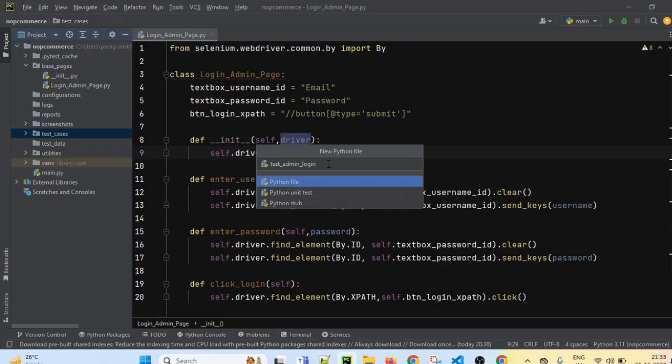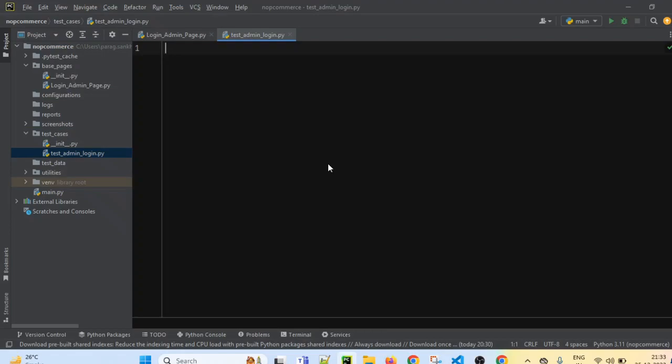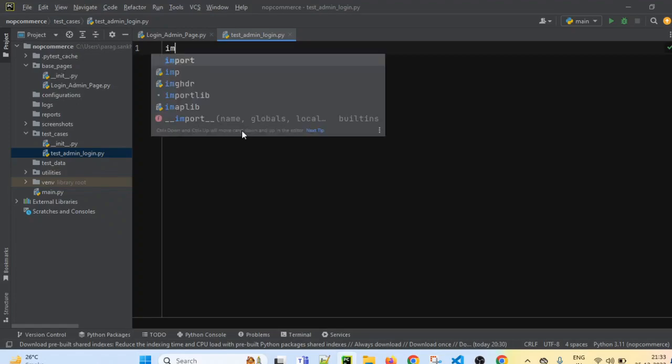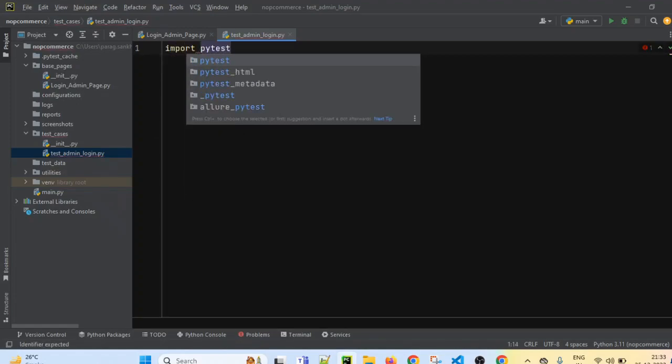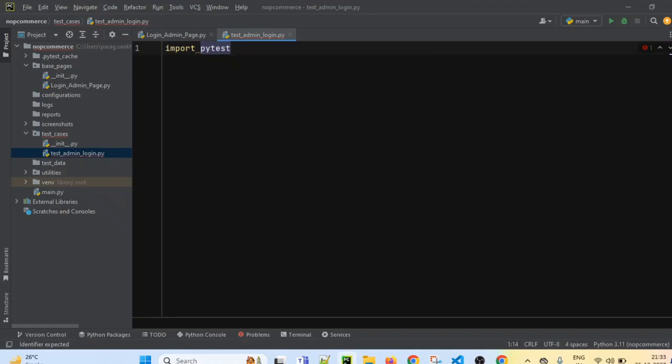So this is the name of our test class file. This is the name of our first test class file, test_admin_login. Remember, test cases should always start with test. Now here we have to import PyTest. We are importing PyTest,